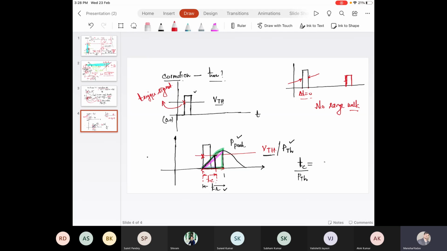The second one is this length, that is TR, divided by P peak. So if you simplify equation 1, from equation 1 you can write the correction that has to be applied, TC is equal to